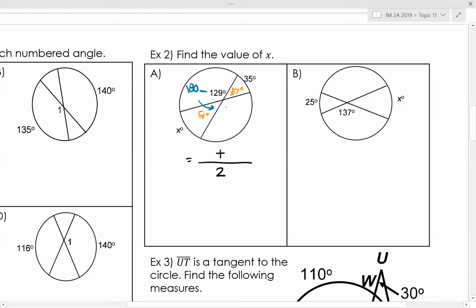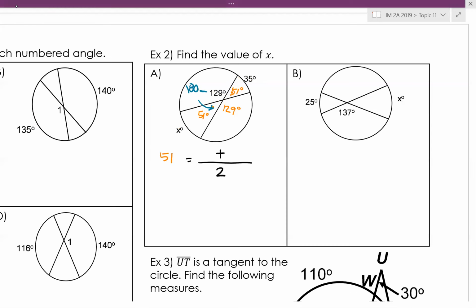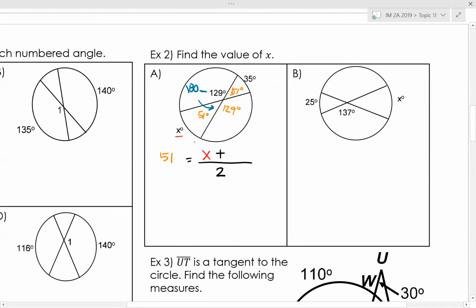And this one has to be 129 as well because they're vertical angles. So as long as I know one of these 2 51s, then I can set up the problem. So if I have that, I know that 51 is equal to X plus 35, I can use algebra to